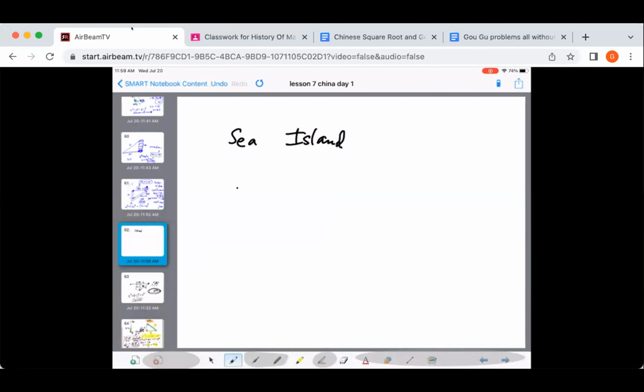The question is, there's this big sea island, and we don't know how tall it is. And we are over here, far away from it. And there's like a big body of water over here. So we can't, and we don't want to get too close to the sea island anyway,